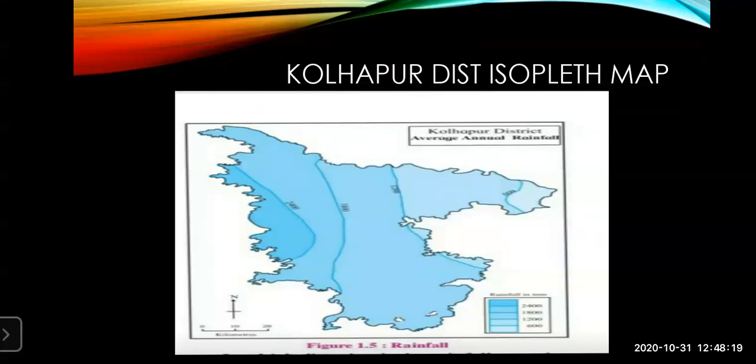Now this is regarding the map reading. We have understood what the map actually represents. Now we'll move to the question and answer part of it. In which direction is the rainfall more in the district? The first question is regarding your direction. So which direction is it? You can see the darker shade is in the west direction.